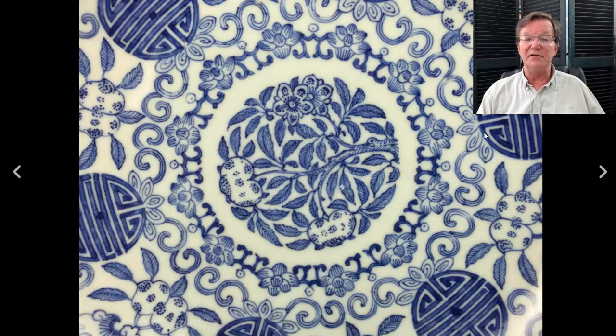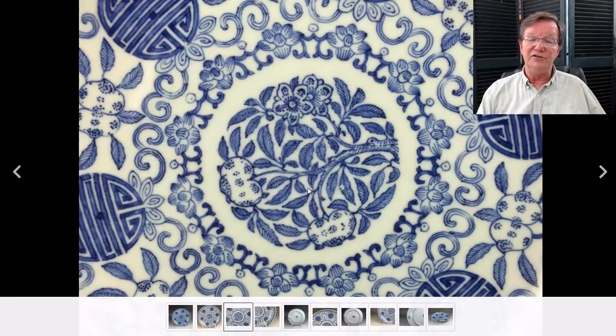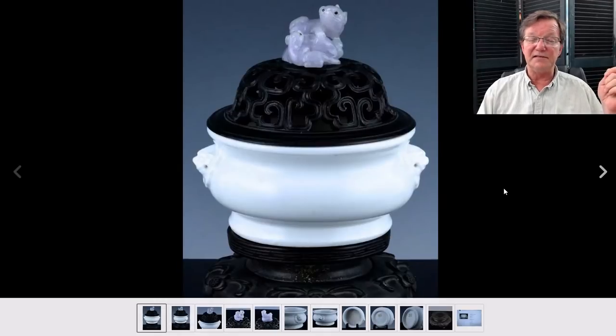If you took the time to look at it, you no doubt saw this, that it's just beautifully drawn, gently colored in, all the fine details in the leaves and all that business. And in the end, it did pretty well. It brought $799. It was a very nice thing. And then over to this was the